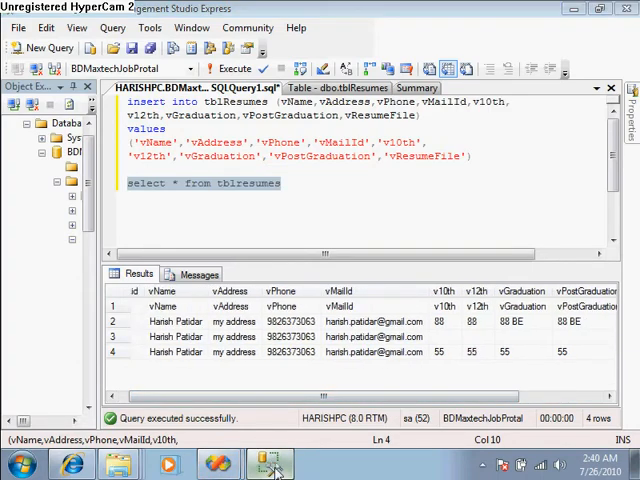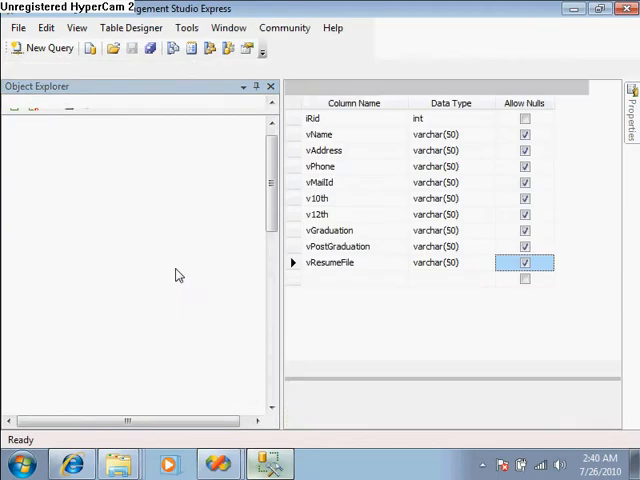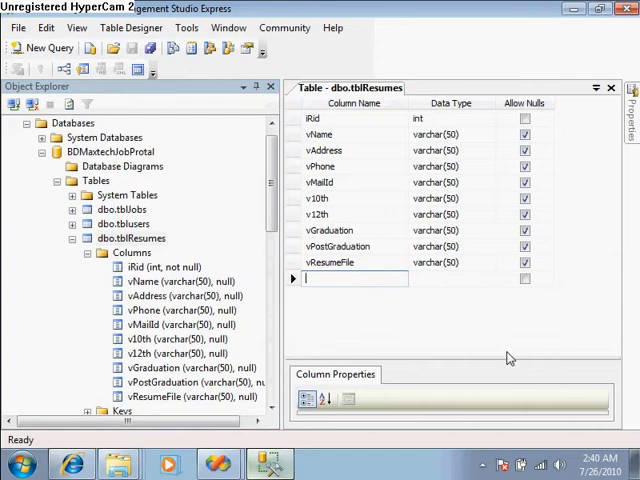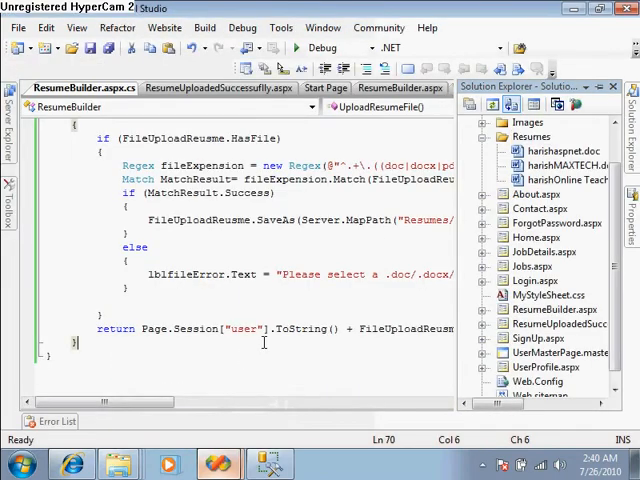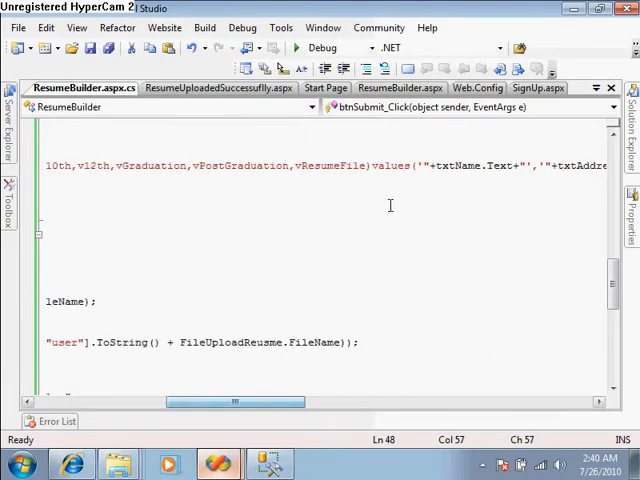So for this, we have to create one more field in this table. Just right-click on this, modify, and add a new field where we will take the job ID, so that we can know for which post this user is applying. And at the time of insertion of data we will add one more field, the job ID,